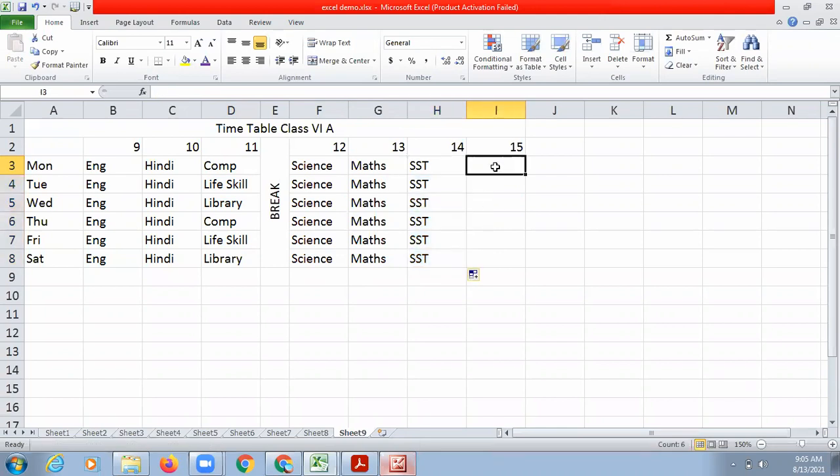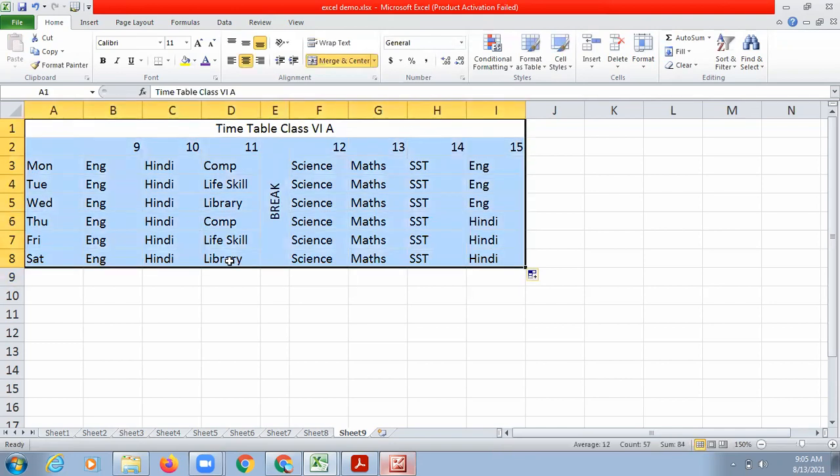And here, let's say I'm writing English and Hindi again. You have to make this timetable as per your actual timetable.